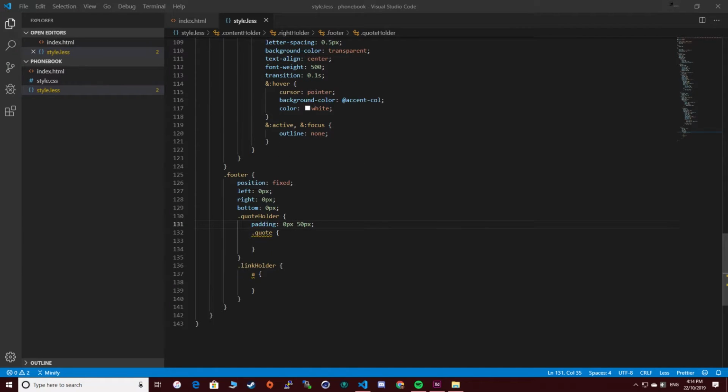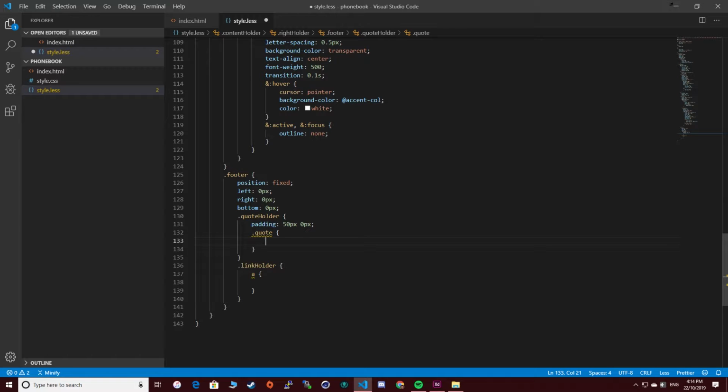Oh, wait, I got that wrong. It's the other way around. This is why I don't use this very often, because I always forget which way it is, and I just spend too much time doing that. Yeah, so this is your top, bottom, and this is your left, right. Alright, and then